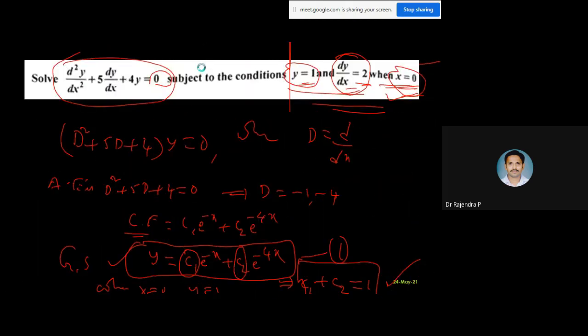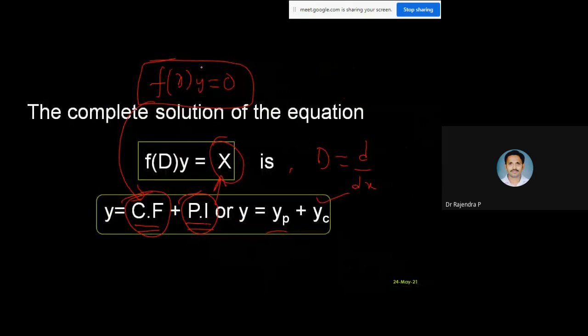So now I'm going to the next part. As I told you, if you see this differential equation, when X is there, the complete solution is the complementary function plus the particular integral. Whatever we have done till now with the different cases is the complementary function for this equation. Have you observed? There is no X till then. Now when X is included, it is the combination of this as well as the part particular to this X.